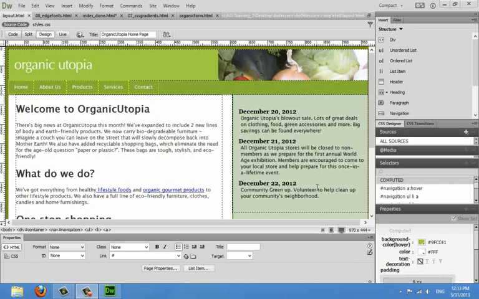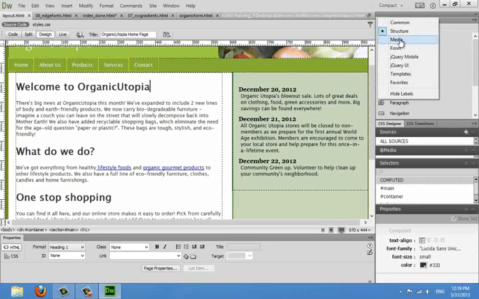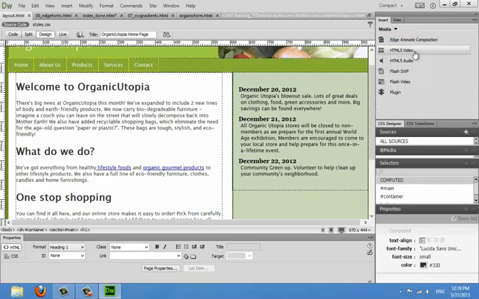Dreamweaver CC also improves upon the HTML5 and CSS3 support built in previous versions. For instance, using the new Insert panel, you can add HTML5 semantic elements such as header, navigation, aside, article, section, and footer. The new media category of the Insert panel allows you to add HTML5 video, audio, and Edge Animate compositions. This new integration with Adobe Edge Animate allows you to add plugin-free animation and interactivity into your website using HTML5,